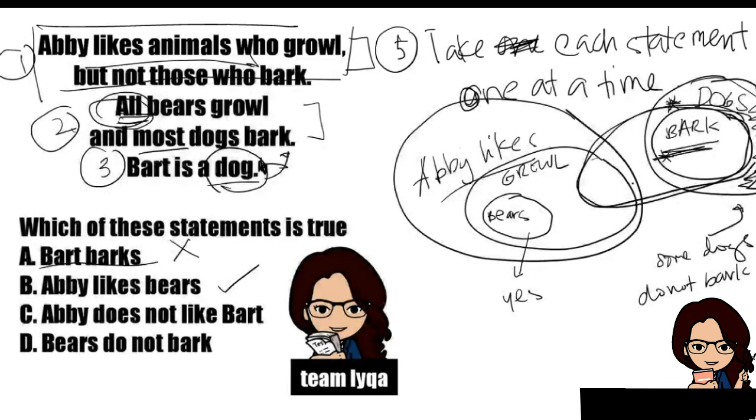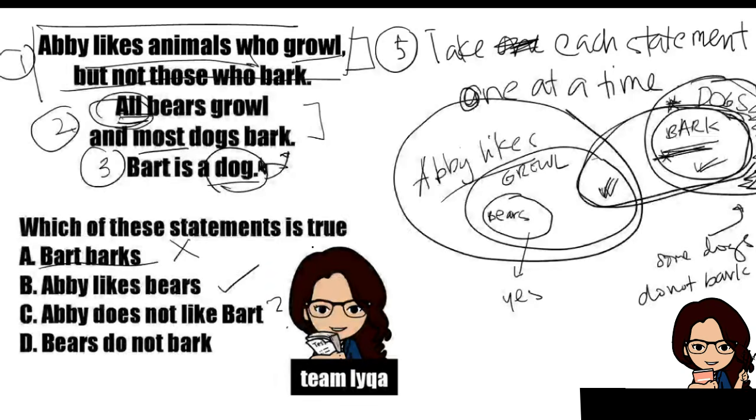Ito. Okay? So, it's possible, okay, that an animal growls and barks at the same time. In fact, you would know, kahit na in real life, okay, again, labas tayo dito, hindi naman kita sa logic, pero it is possible for an animal to growl and also bark. So, dahil hindi yun nakalagay specifically dito sa statement na hindi yun nangyayari, then it is possible. So, yung sabi na Abby does not like Bart, this is actually hindi tayo sure about that. Bakit? Kasi kung nag-growl din si Bart kahit aso siya, okay, then may possibility na magugustuhan pa rin siya ni Abby kasi ang gusto niya lang are animals who growl.